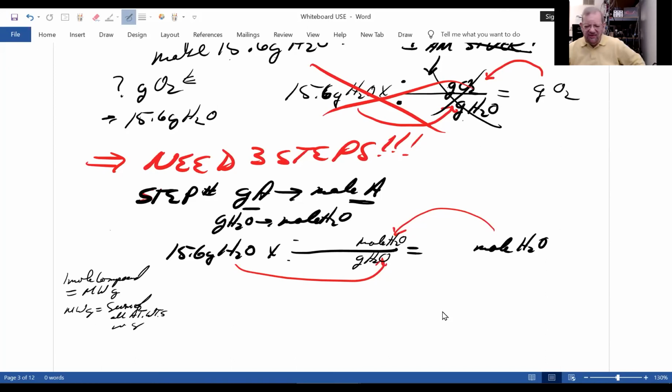And what's the molecular weight of water? Because we need that, because 1 mole of water equals the molecular weight, and that's 2 hydrogen, 1 oxygen,